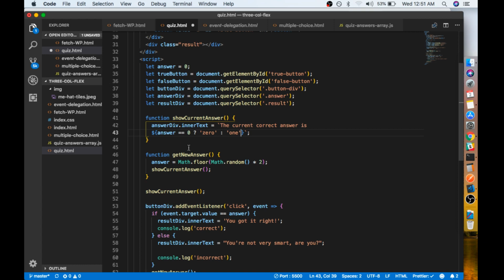So the next function is getNewAnswer. This is where we're going to change this, referring to this answer, right? Getting a new answer. And so how are we getting a new answer? We're saying the answer is going to be equal to Math.floor(Math.random() * 2), right? So what this is saying is,